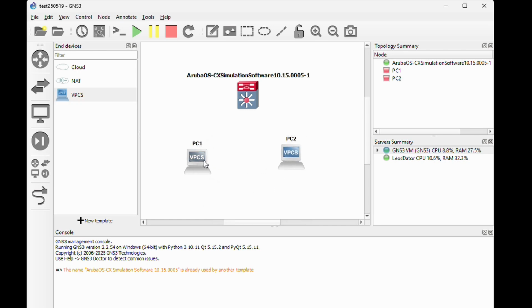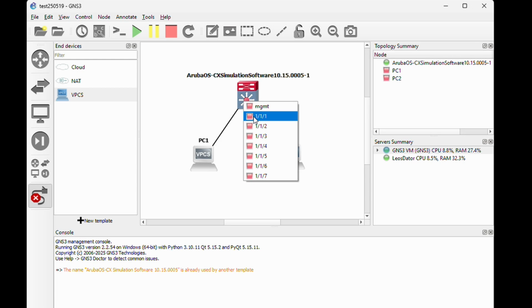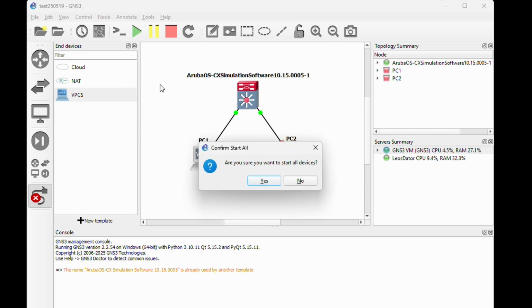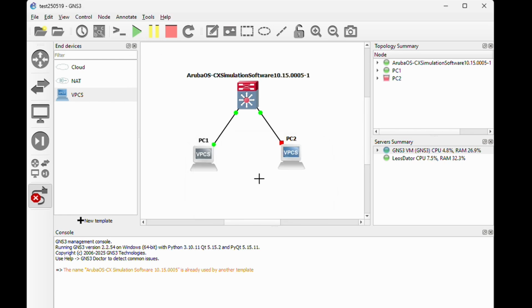So we have two PCs here, and we can press the add link button on the left side to connect these ones. So let's connect PC1 to port 1 and PC2 to port 2. What we need to do now is actually start them, and if you hit the play button you will start all devices on your workspace,